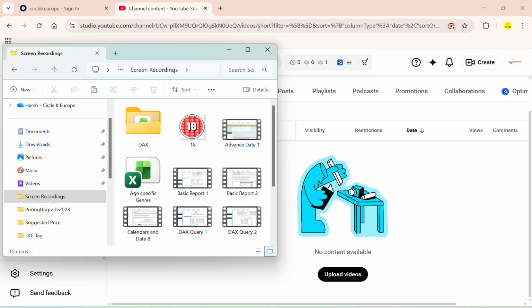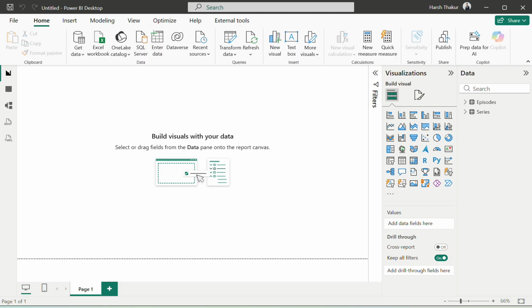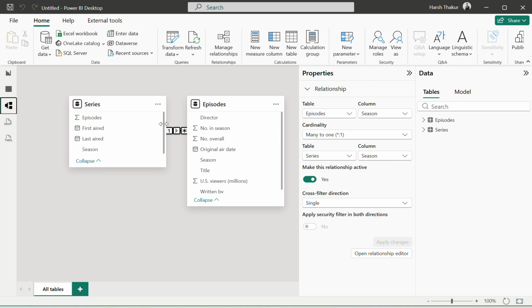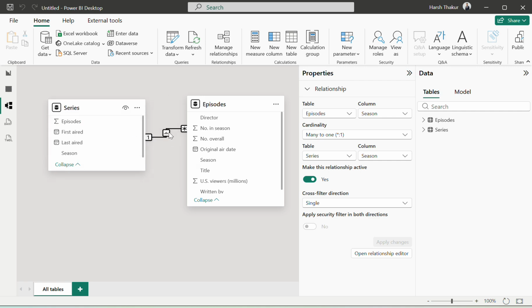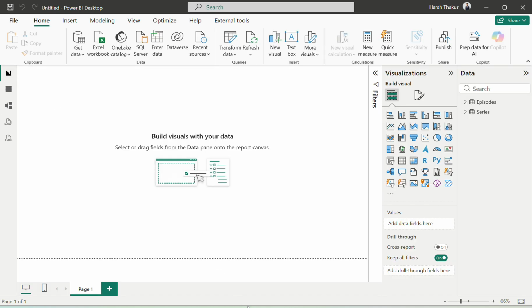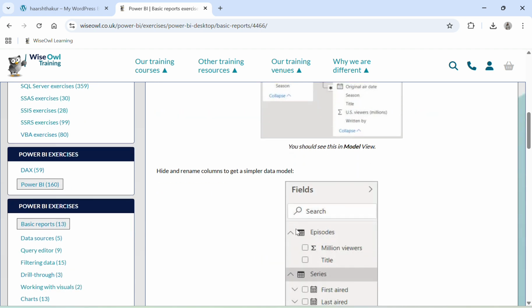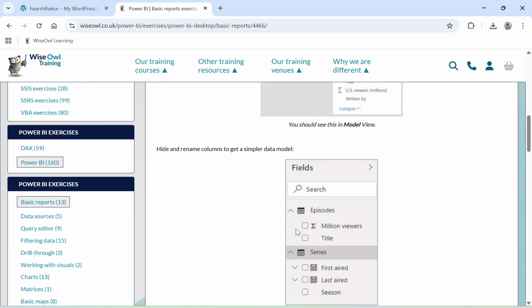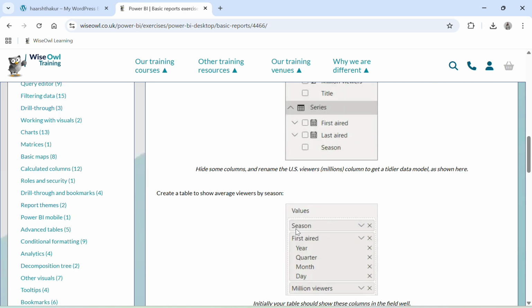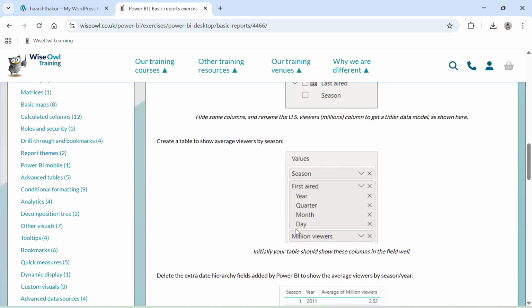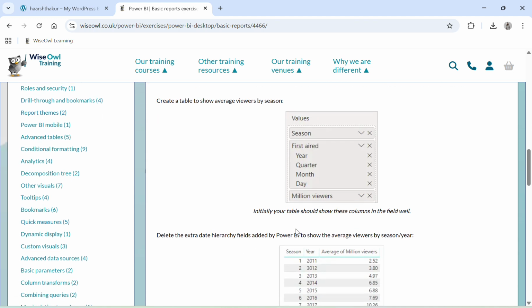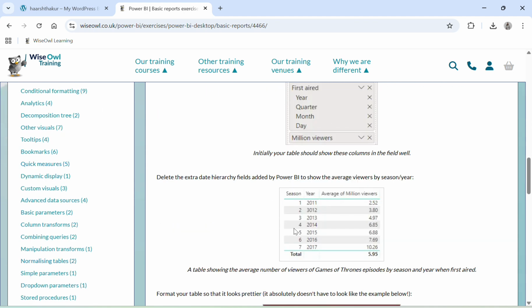So now this is loaded, right? We will go in the Model tab, we will see the relations. Yes, everything is working. And then we will check for another requirement. It's saying to hide and rename the column to get a simpler data model. Okay, that's not needed. Then it's saying to create a table to show the average viewers by season, like this,